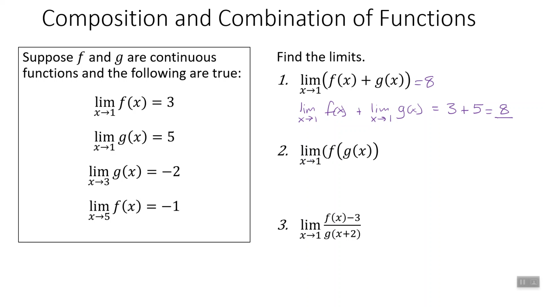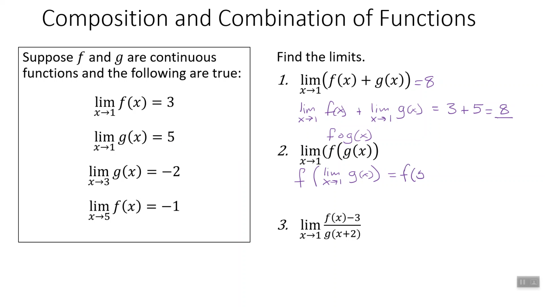All right, down here, we want the limit as x goes to 1 of f of g of x. So we have composite functions. Remember, sometimes we have this written like this, f of g of x. That's the same thing as this right here. Just review. All right, so what we can do is we can bring the limit inside. So this is f of the limit as x goes to 1 of g of x. And we know the limit as x goes to 1 of g of x. It's over here. It is 5. So we get that this is